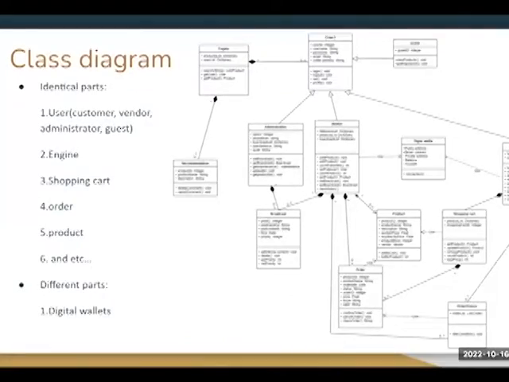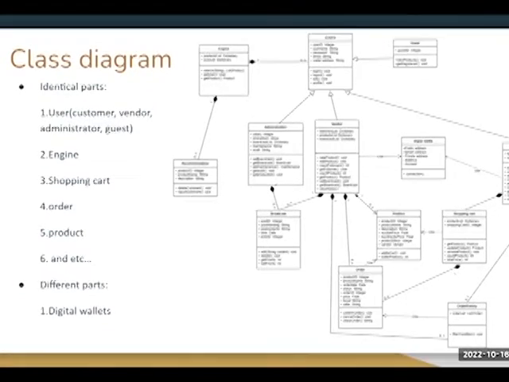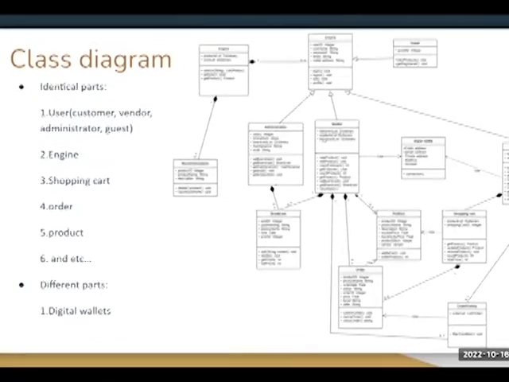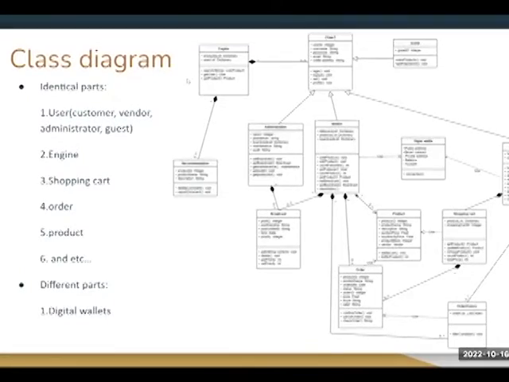The class diagram represents classes, attributes, relationships, and operations among various objects in the web pages they develop. The class diagram in the UML is used to represent a static diagram. The whole project is similar to an e-commerce platform, which includes a class diagram based on basic classes, attributes, and functions related to the common e-store. On the left side, we can see some identical parts, such as user, engine, shopping cart, order, product, and etc. And also we get some